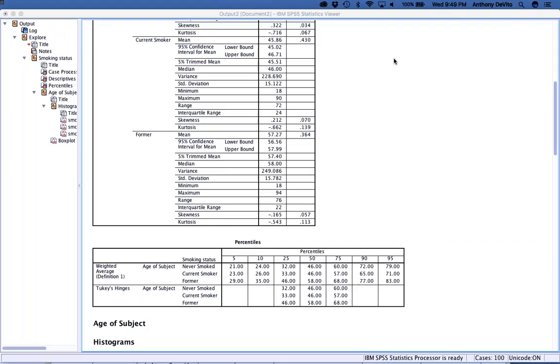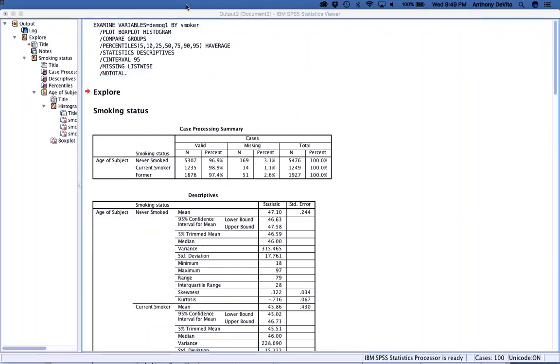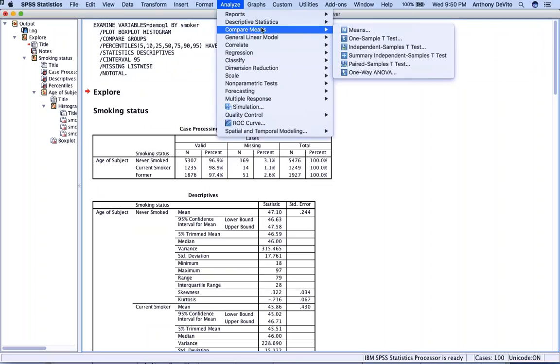by having skipped that. Okay, so let me just do that quickly now since I have this up. I'm going to go to analyze, compare means. Now, if this were one sample, an average age versus a certain number, I would use that. Independent samples, 2 groups, male or female, I would use that. Asthma, yes or no? What's the average age of people that reported having been diagnosed with asthma, yes or no? Or diabetes, for instance. But this one is going to be analysis of variance because I'm going to compare 3